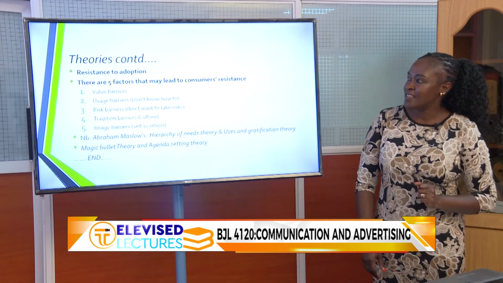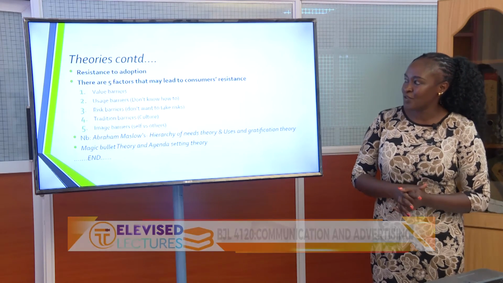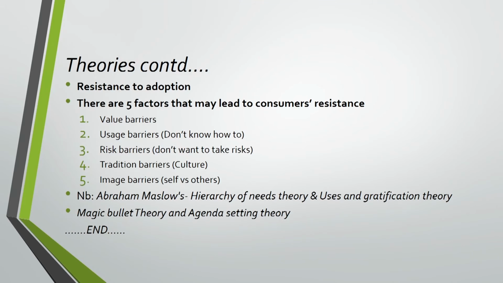And then now the final part that you're going to look at, the resistance to the adoption. And there are 5 factors that may lead to consumers' resistance. Because as I've said, not every product that we take to the market is going to be accepted. There are times this product will not be accepted. So one is the value barriers. If it is not in line with my values, what is good, the morals, for instance, within the society, because as we will see in terms of ethics,